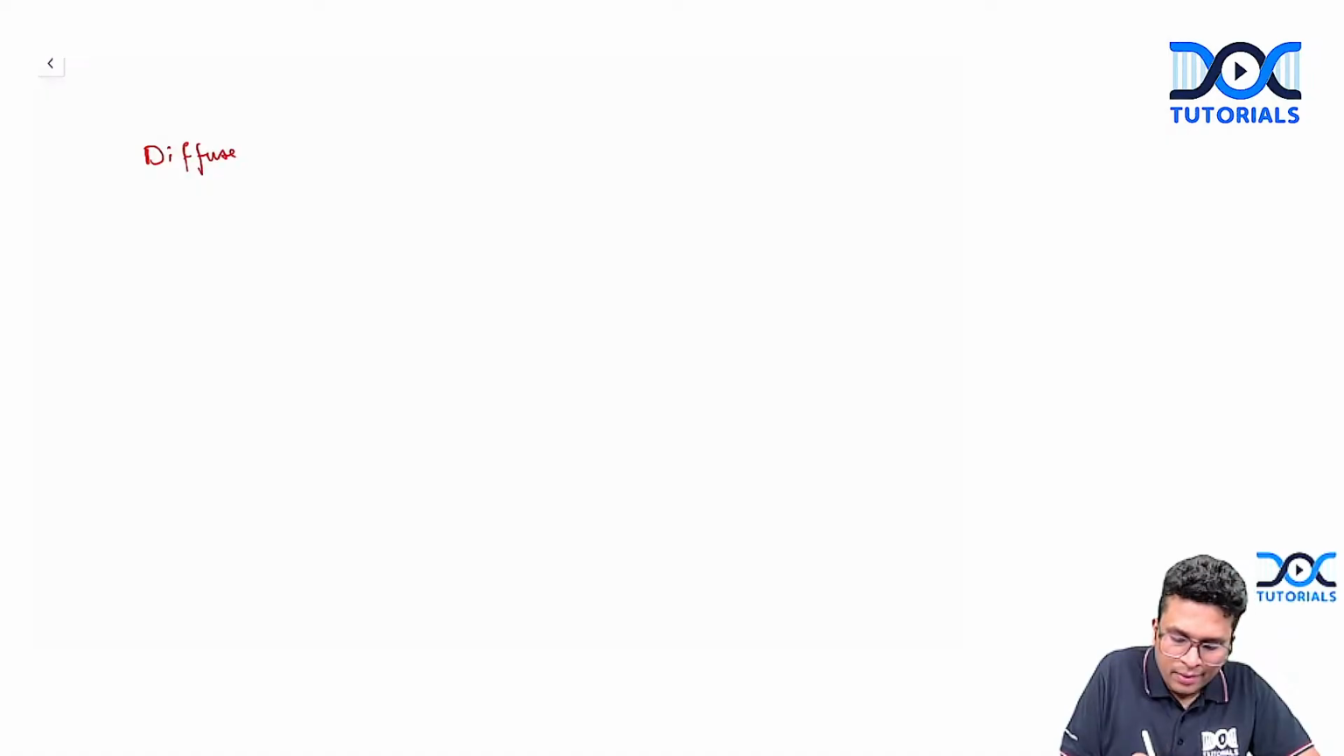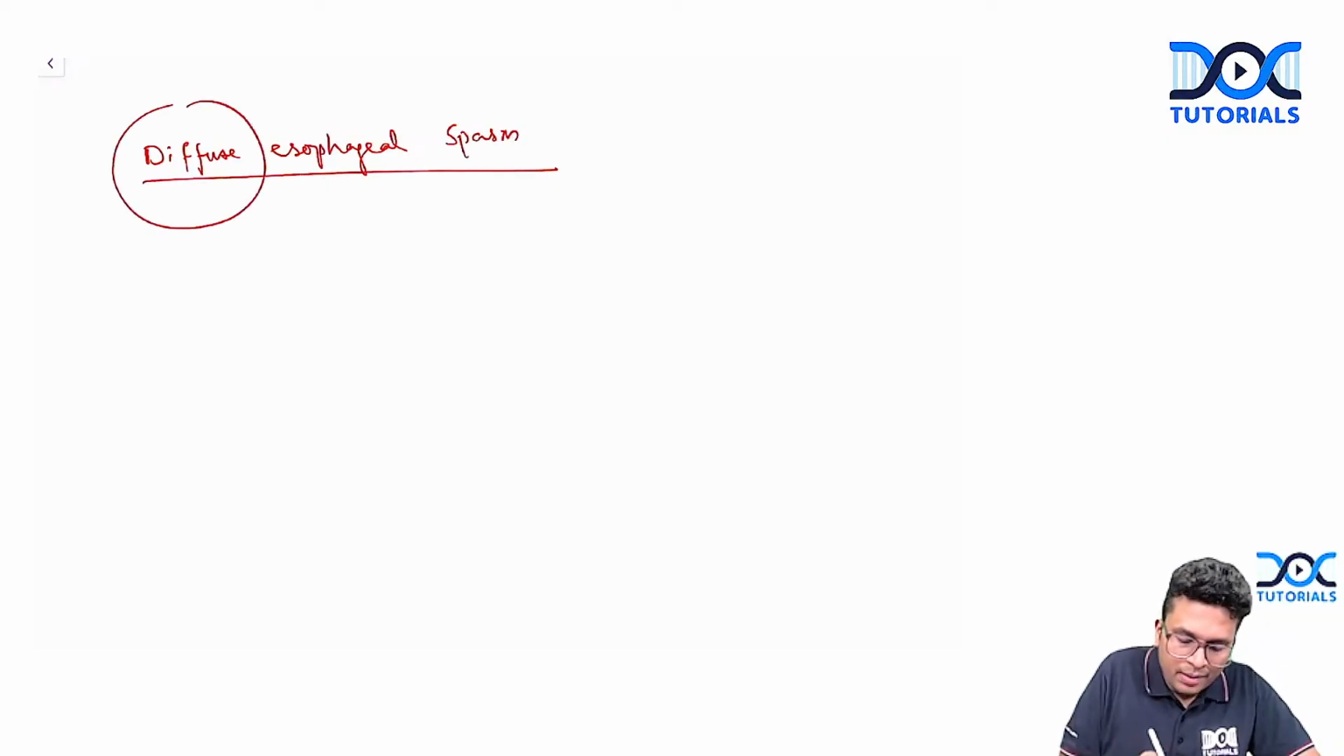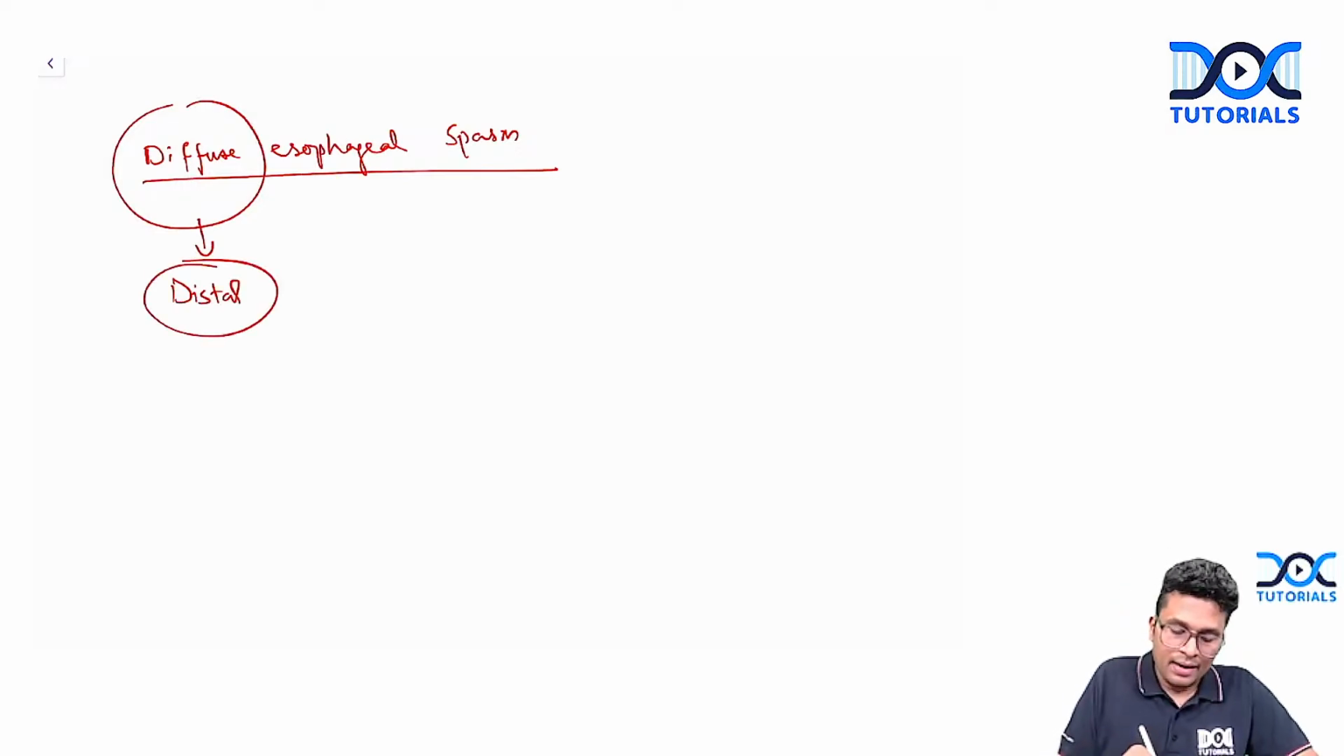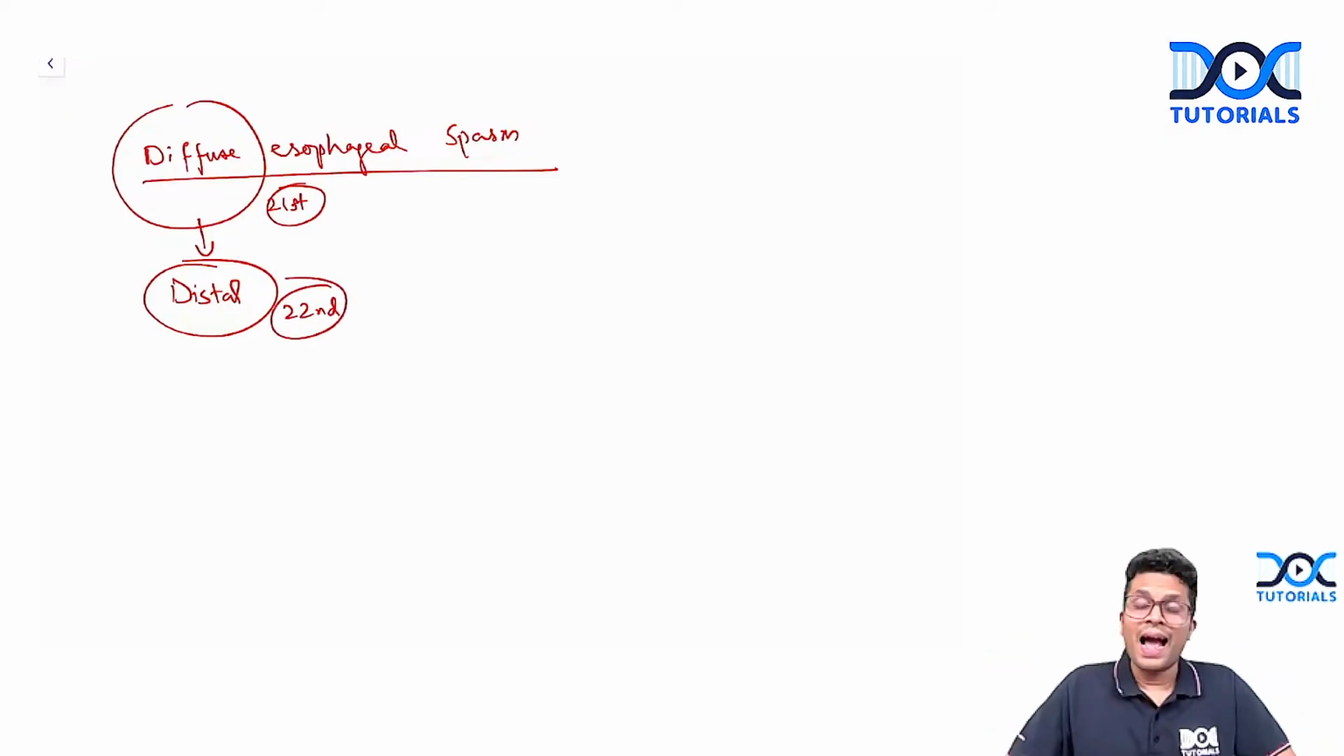diffuse esophageal spasm. This name has been changed to distal, as the problem is mainly in the distal part. And even if you see the 21st edition of Harrison and the 22nd edition of Harrison, this name has been updated. Okay,